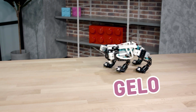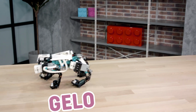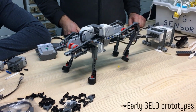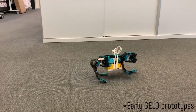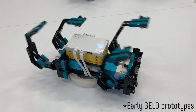Last, and definitely not least, we have Gilo. And this is this incredible walking base robot that uses 4 motors to operate the legs all independently. The mechanism is incredible, and I can say that because I didn't actually make it, and neither did Morten. We started with the idea, and I built one, and it kind of worked. Morten built another one, and it wasn't better. It was different, and so we said, well, we need some help here,